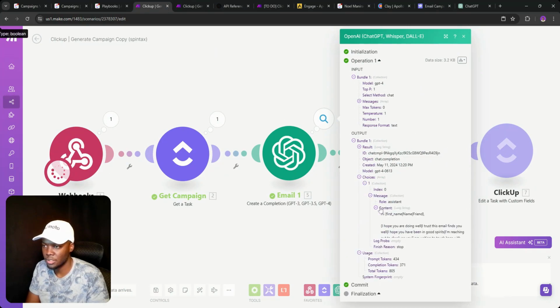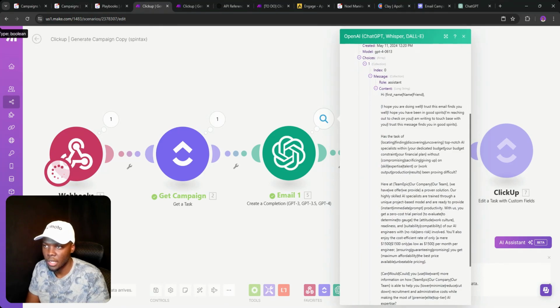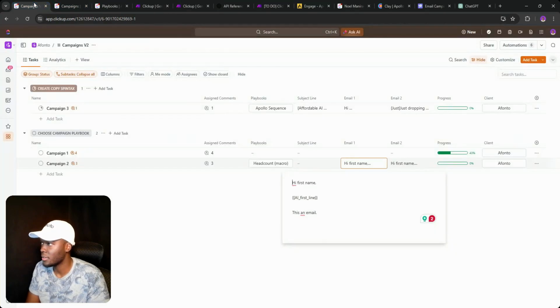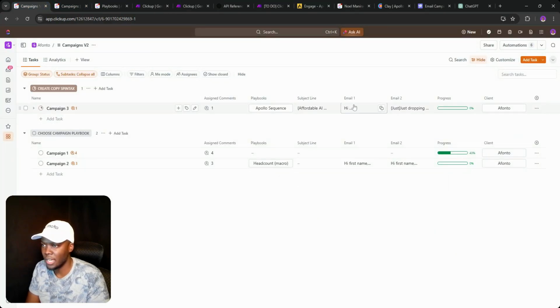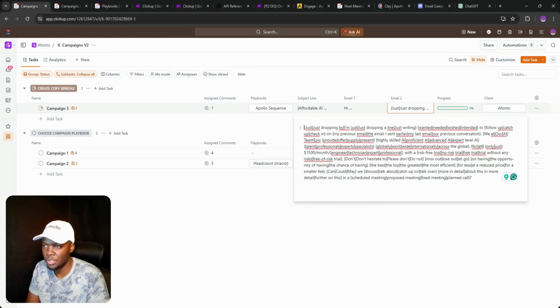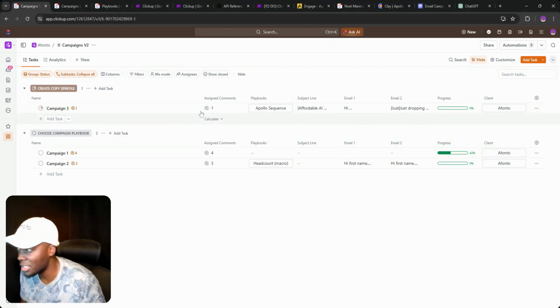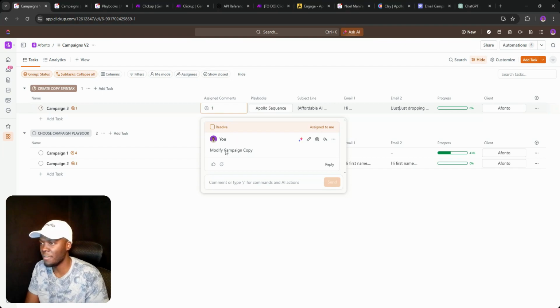Choices, message, assistant, content. I hope you're doing well. Trust this email. Yeah, it's fine. It's fine. Just dropping by. I'm just dropping by. Right. So yeah, we don't want this like crazy spin tags, right? We want to have maybe three variables. So just dropping by, because this is doing too much, and the next task here is modify campaign copy,